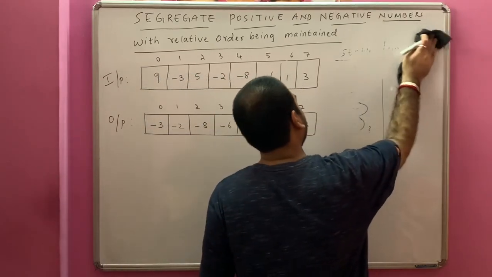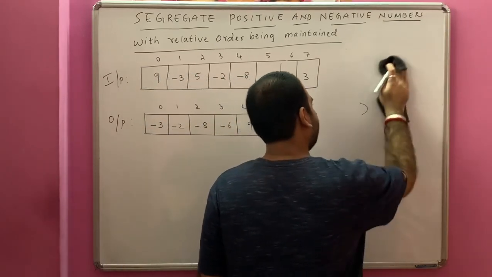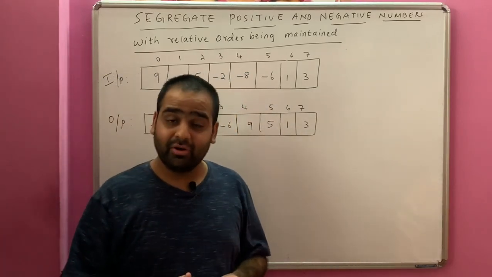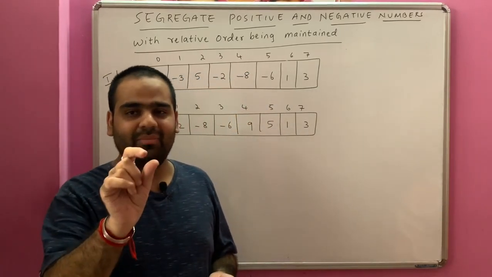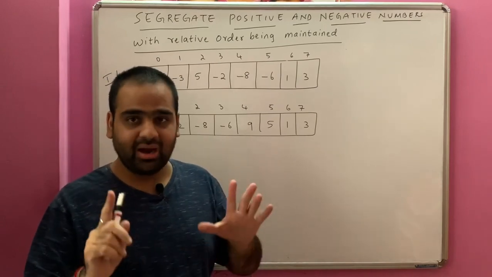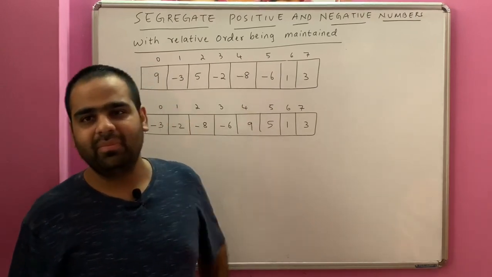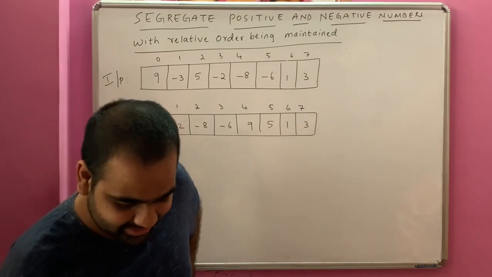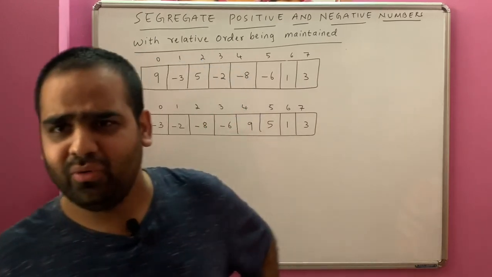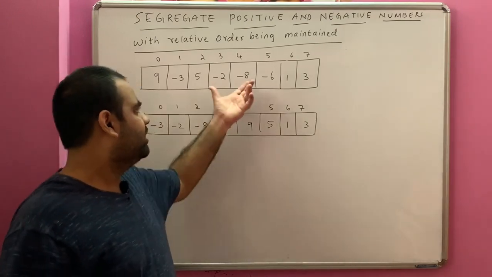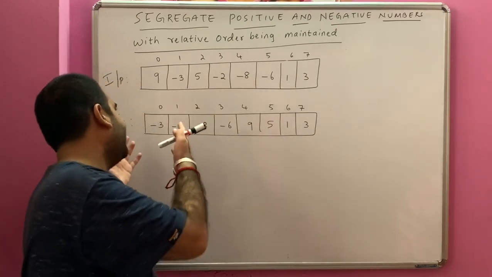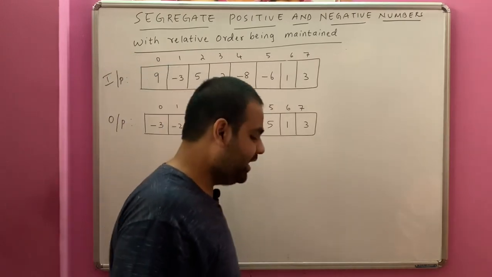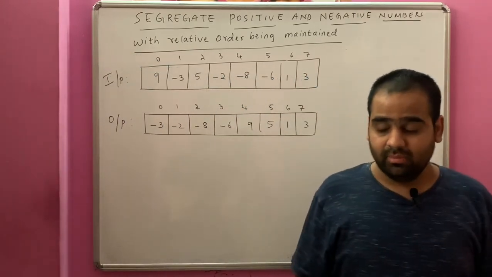Just now I said that you cannot sort it, and again I am saying that you can use merge sort over here. Yes, you can use the merge sort technique with some modification, with some alteration. You can use the merge sort and get the answer over here. Now the question comes, sir, how can we apply the merge sort over here when the array itself does not have to be sorted?